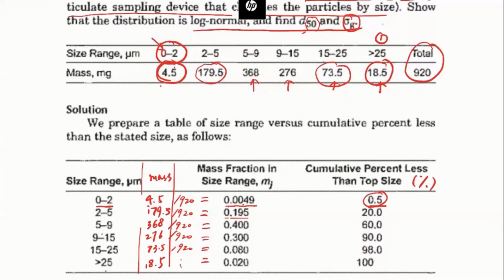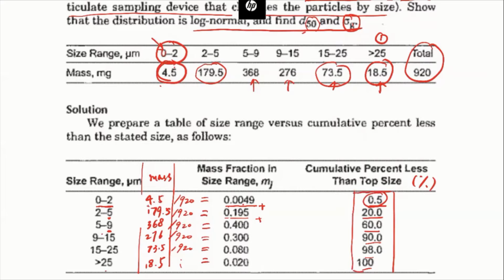And then the cumulative mass fraction of particles below 5 microns is just these two values added up together, right? These two add together, you have 20%. Okay. So the cumulative mass fraction of particles below 9 microns is these three adding up together, 60%. So 90%, 98, until 100%. Okay. So once we get the cumulative mass fraction,